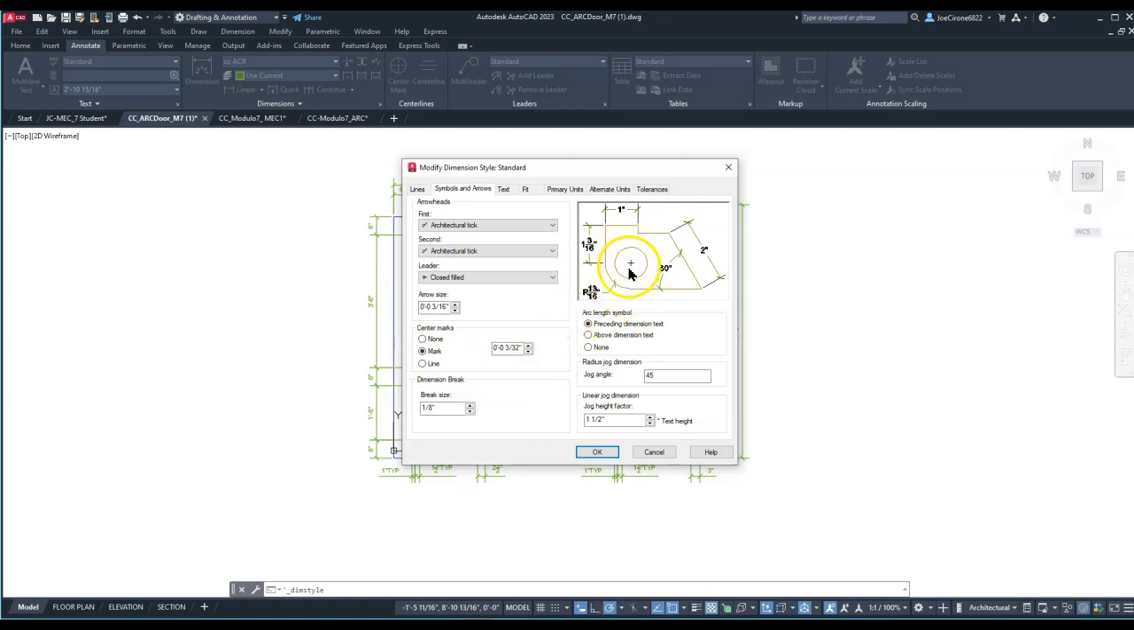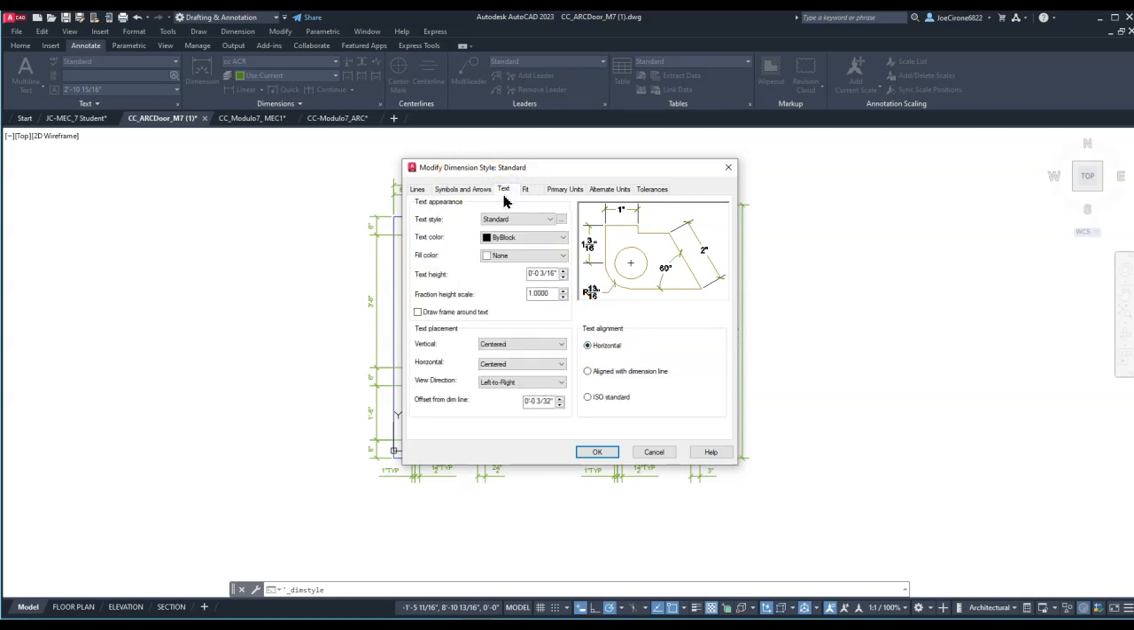And then it'll give us an update as far as to what that will look like. And that's about what we want to work with on this area. We're not going to work so much with dimension break or arc length symbols or jog dimensions. The text area is where we would set up the font for the text, and so it